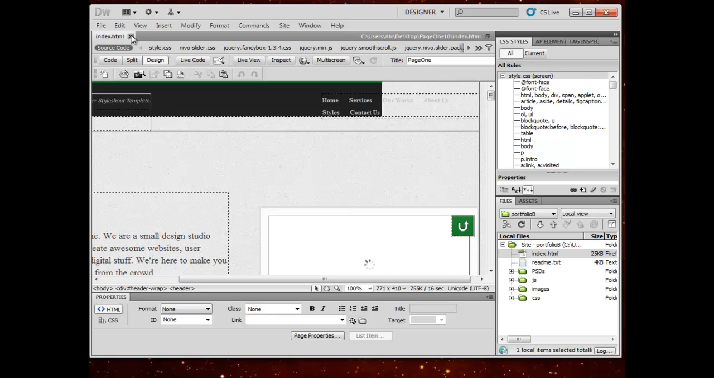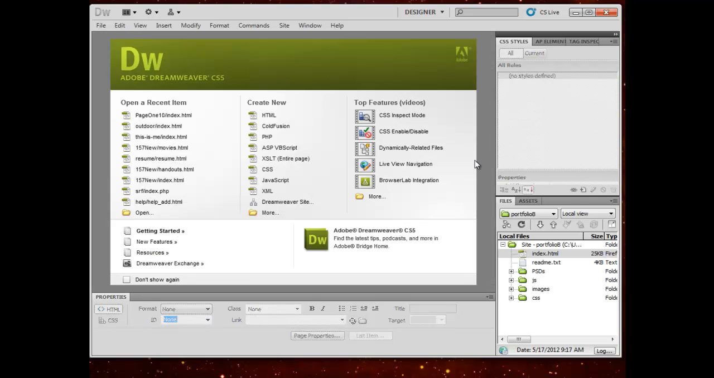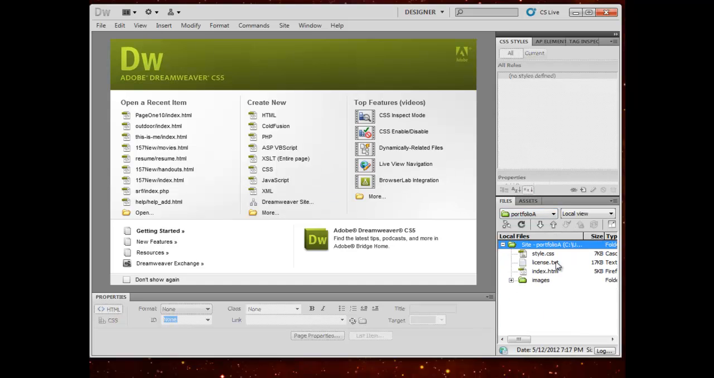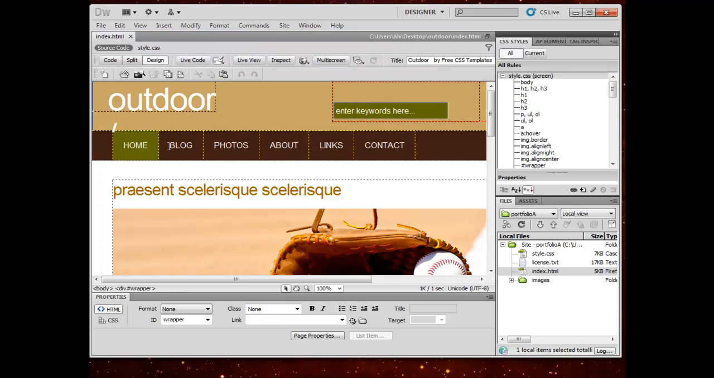So the first thing I'm going to do is I'm going to close this, and I'm going to go back to my portfolio A. And to do that, I just went back down to here to this button where it says File, select Portfolio A, and that takes me to that site. I'm going to open Index, and the first thing I'm going to do, I'm going to go ahead and change